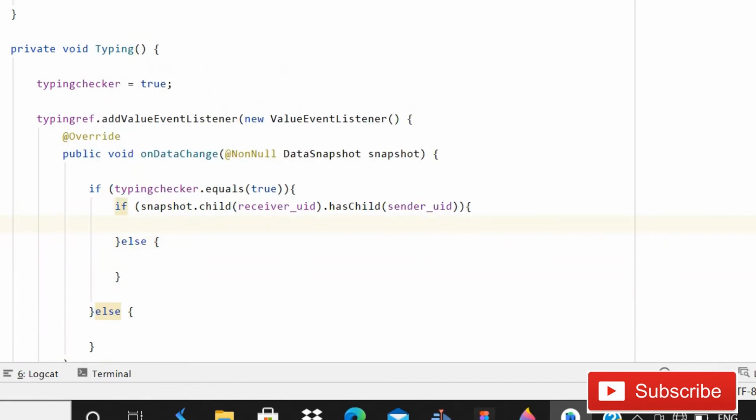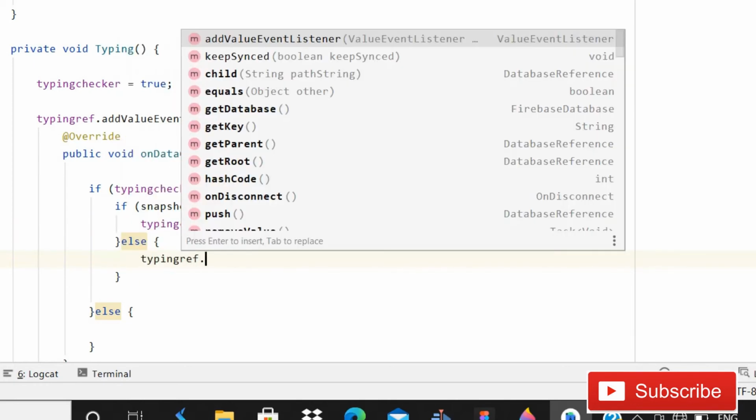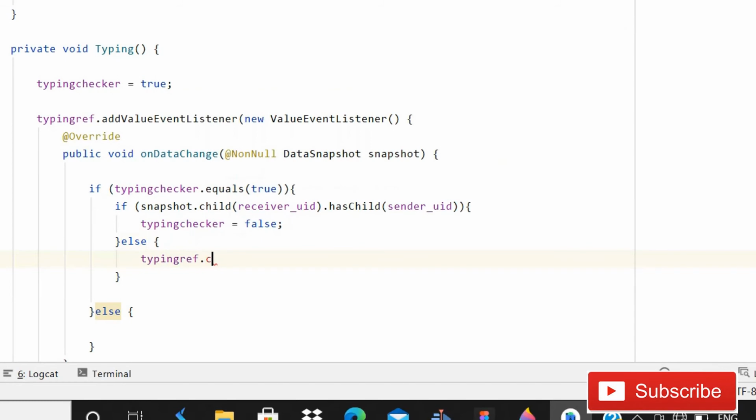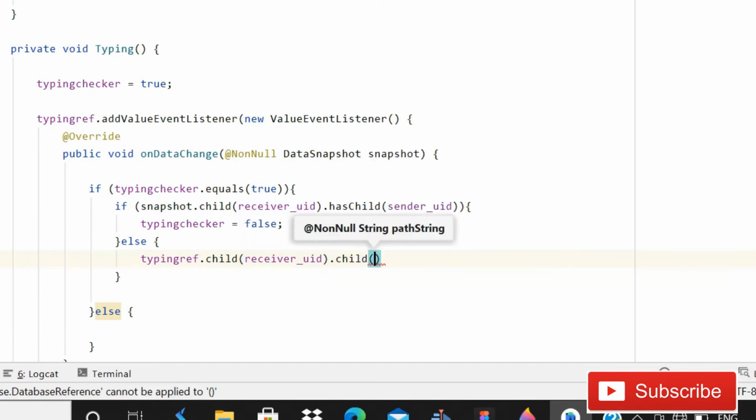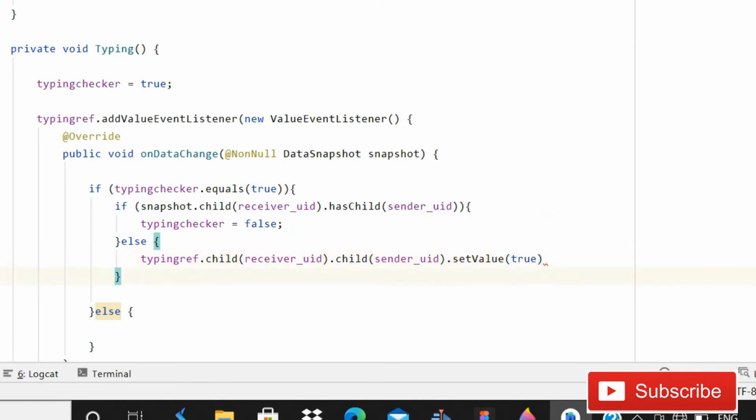Here we will simply make the typing checker equals false, and in the else part we will write typing ref dot child, and that is going to be receiver uid, then dot child, and that is going to be sender uid, and then dot set value, that is going to be true. And then after this, typing checker equals false, semicolon.